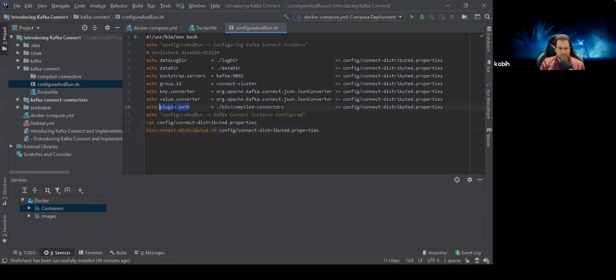So, by the way, in the plugin path, you can provide multiple paths, and for the sake of simplicity, I just used one. Let's get back to these configurations. They are very important. They also have default values, but it's very important to understand. And now I will try to